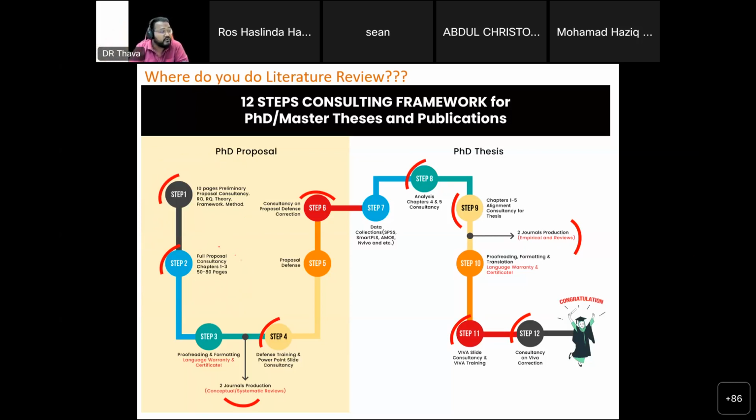But if you go straight to this stage without a comprehensive step 1, the tendency to scrap a 30 page chapter 1, or a 40 page literature review, or a 20 page methodology is very high. I've seen many students go through that. Or they'll end up correcting and correcting and correcting, because it's so vast and huge that correcting it is very complicated, and the supervisor still cannot get what they want. I'm not saying that if you do step 1 properly you won't have corrections, but at least your direction is very clear and you can steer clear of many revisions. Otherwise, you don't know which direction you're going.